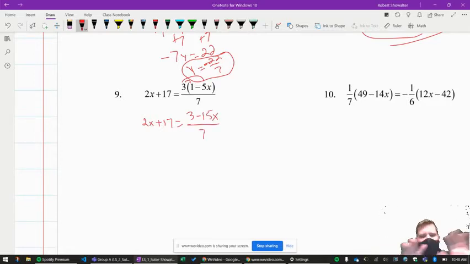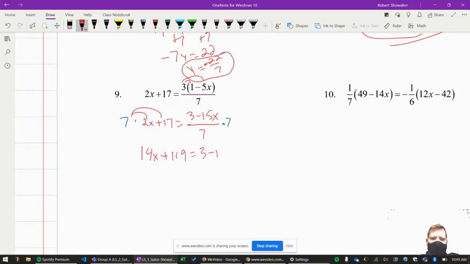But now we've got x's on both sides. We've got this fraction. Let's get rid of the fraction. It's divided by 7, so let's multiply by 7. But we have to remember that we're multiplying the whole side by 7, not just the 2x. So we get 14x plus, what is 17 times 7, so it'd be like 70 plus 49, which would be 119